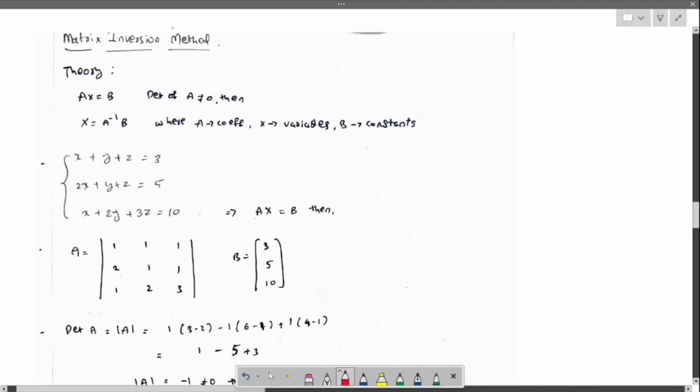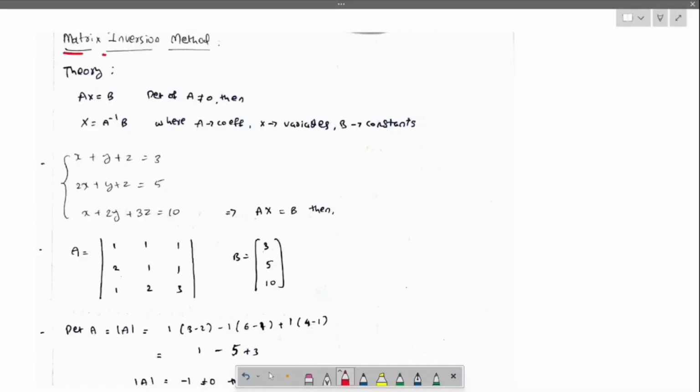Now in this video we are going to learn about the matrix inversion method. It is a little bit tricky in comparison with Cramer's rule. First, let us see the theory. We have seen coefficients and variables which equal the constants, right? Coefficient into variables equals the constant, like